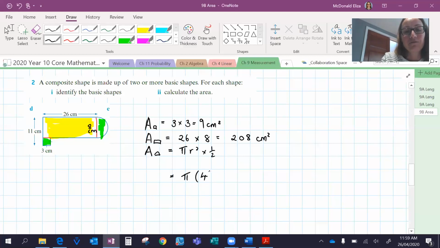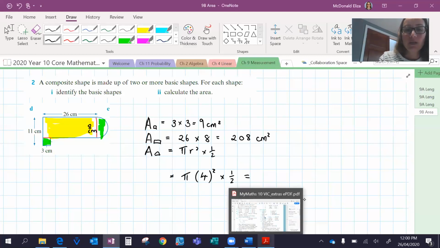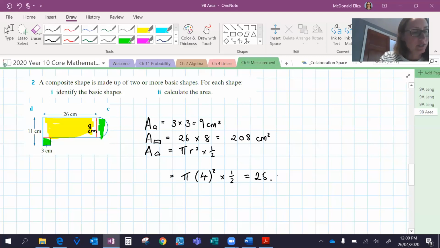So it's going to be 4 squared multiplied by a half, which ends up equaling 25.13 centimetres squared. So in doing that, don't forget here to multiply by the half there because it's only half a circle. And if we add all those values together, the 9 plus 208 plus 25.13, we end up getting